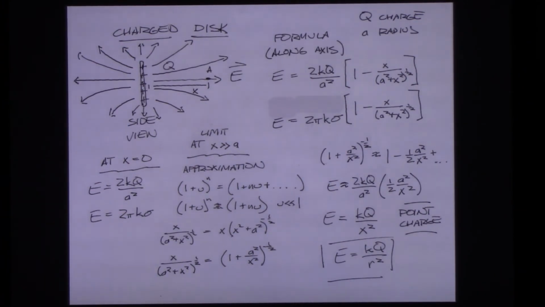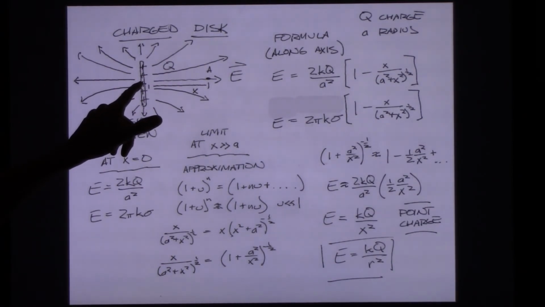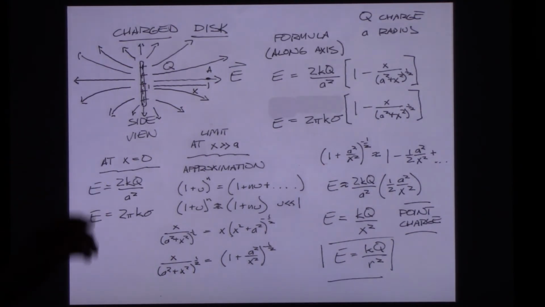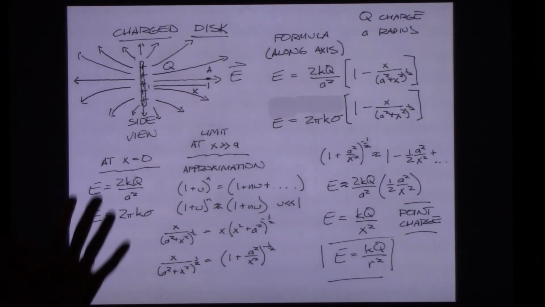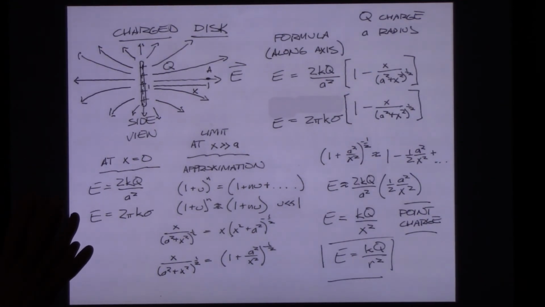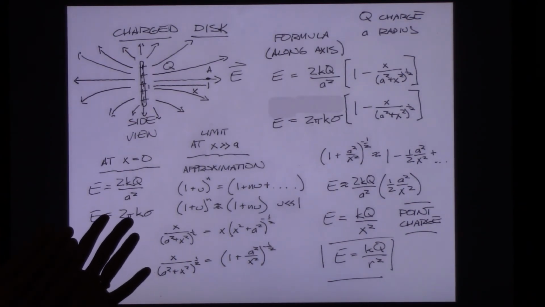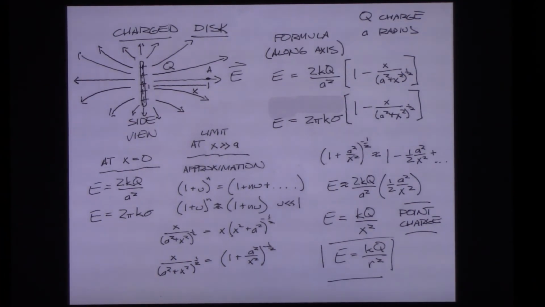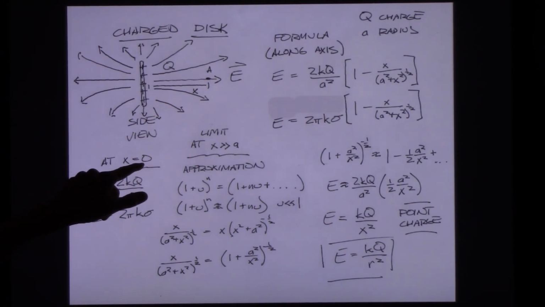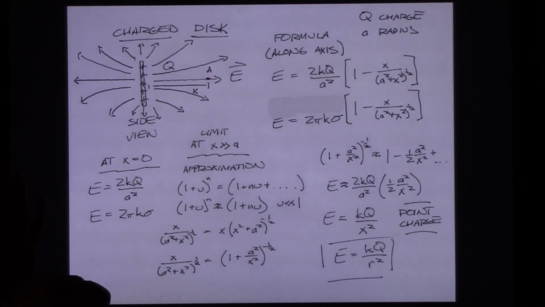But it doesn't. So how do we resolve this? There seems to be a contradiction if we get right to the center point of that disk. Well, the way the integral is set up, it's imagining that this disk is infinitely thin. We didn't include any thickness of the disk. And that says, in the limit, as x approaches 0, we still have the effect of all of that charge